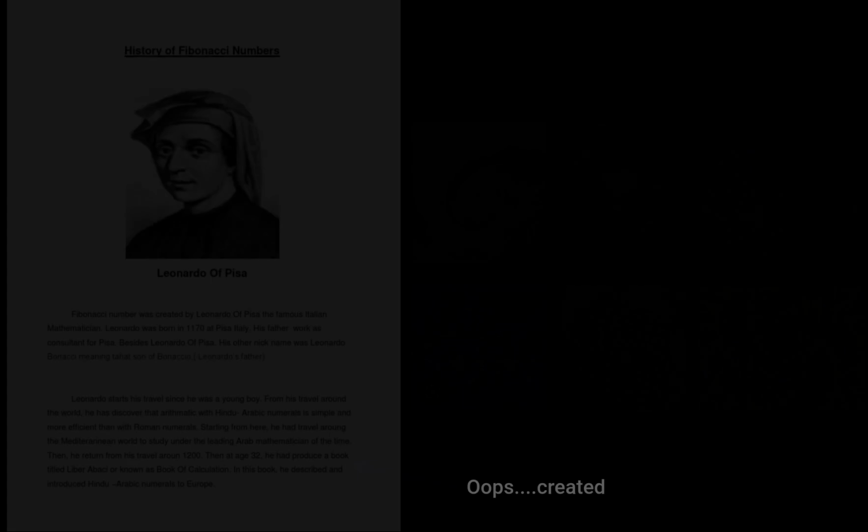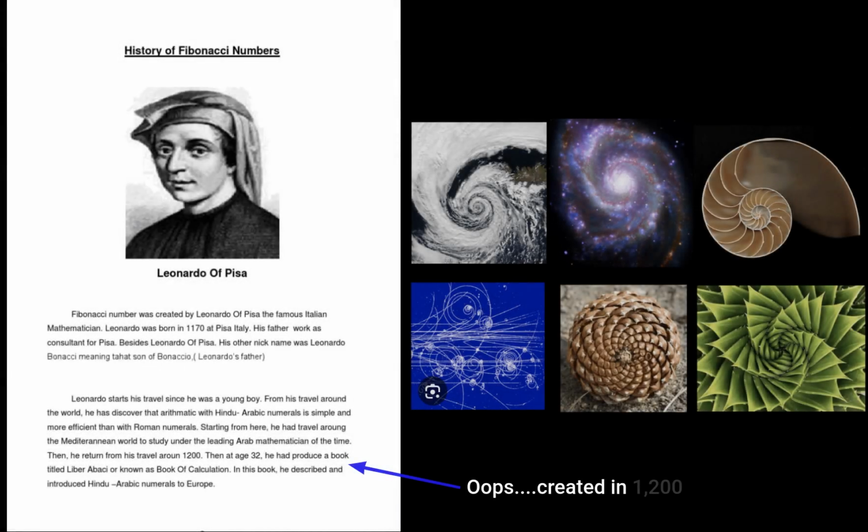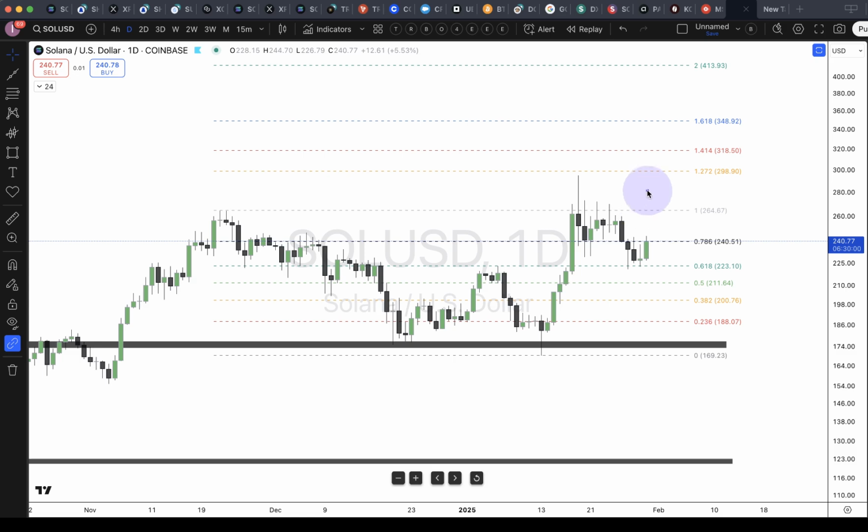If you're not familiar with the Fibonacci sequence, I think it was created in the 1600s. So this indicator is time-tested, battle-tested, an absolute mainstay in your bag of tricks for trading. Again, all professional traders use it in the TradFi markets, the Forex market, as well as the crypto market, because they do work. If I'm looking to where price is going, because these are all-time highs in Solana's case,